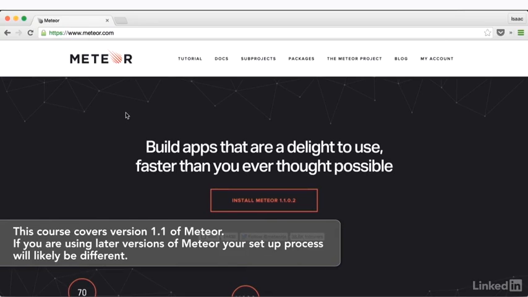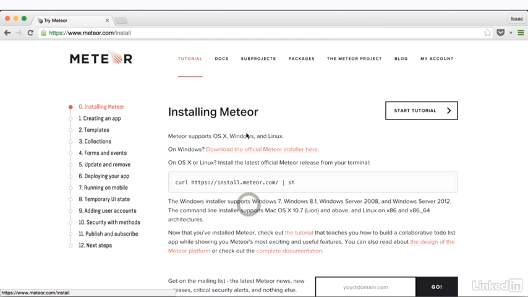Open up a browser and navigate to meteor.com and go ahead and click on Install Meteor there in the middle. Okay? And we can see from here all of the different operating systems that Meteor supports. Meteor has always supported OS X and Linux through the command line, and the curl command that you see right here, we'll use that in just a minute, but we want to emphasize that as of the last release, Meteor